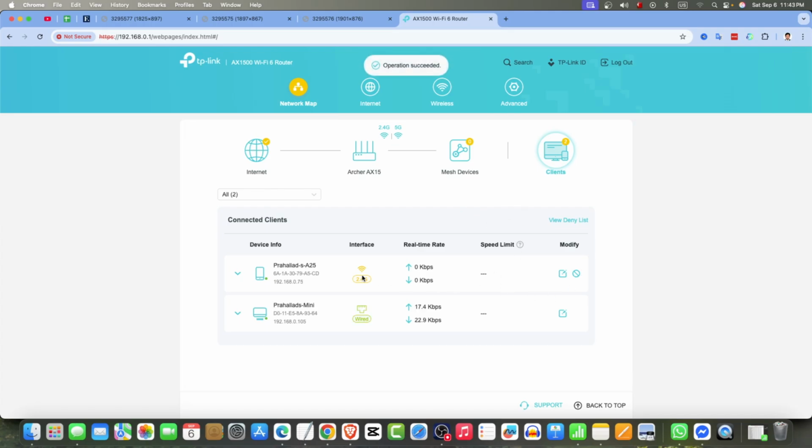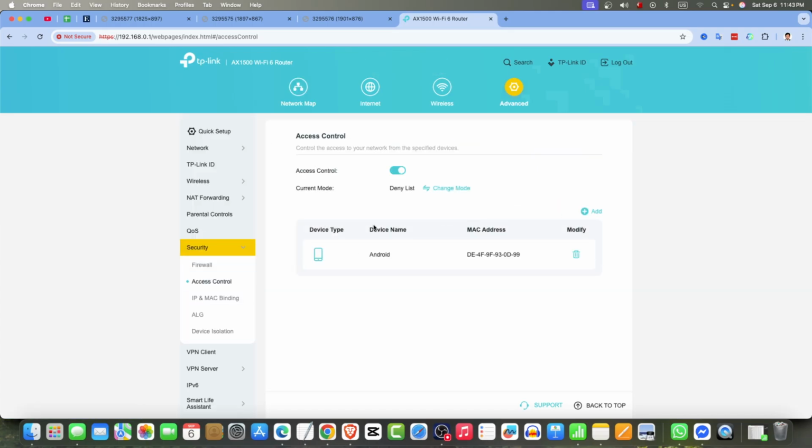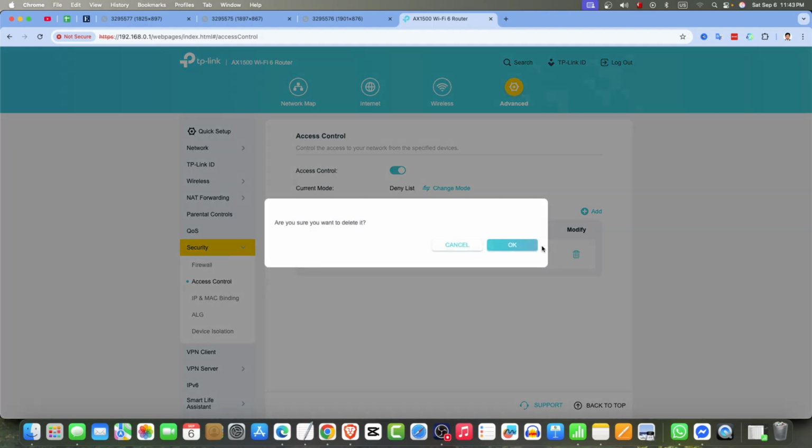Now this will be block listed, and you will see view deny list, and you will see all of the block listed from here, and you can unblock this. Just click on the delete option and this will be